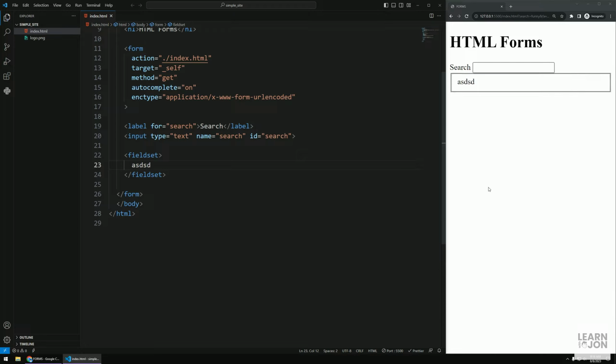Whatever we put in here, you can see a default border goes around it. It's kind of fun, and it's useful if we're not providing any CSS. These days, because we work with CSS and JavaScript and all sorts of things, we usually don't use field set anymore. We use our own, we style